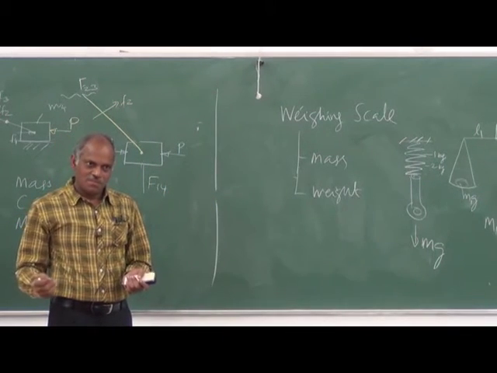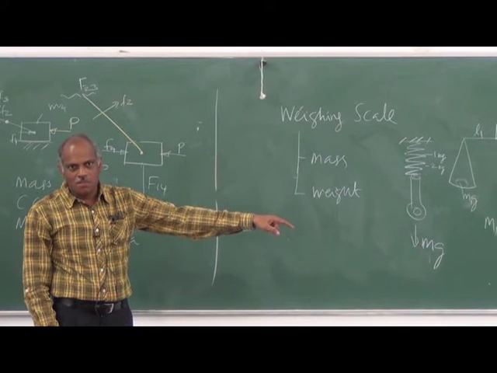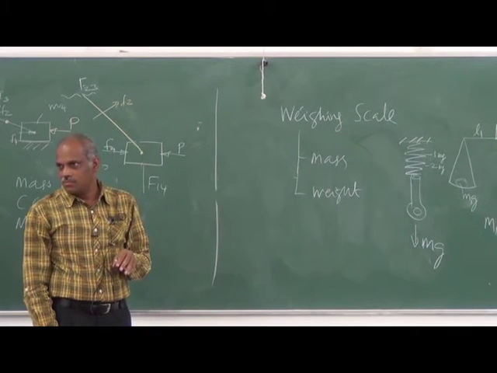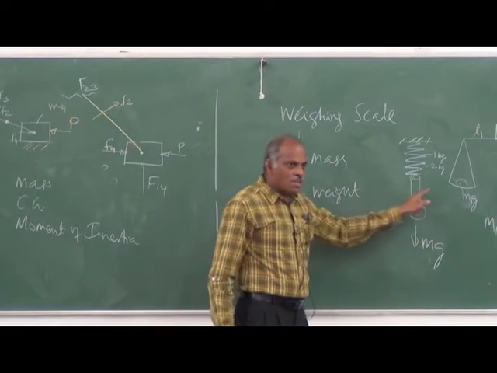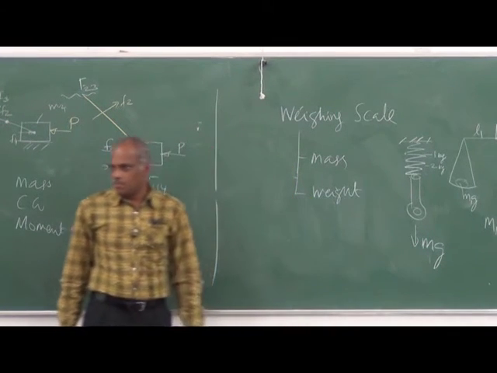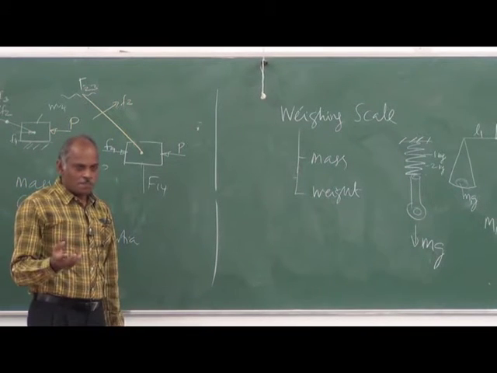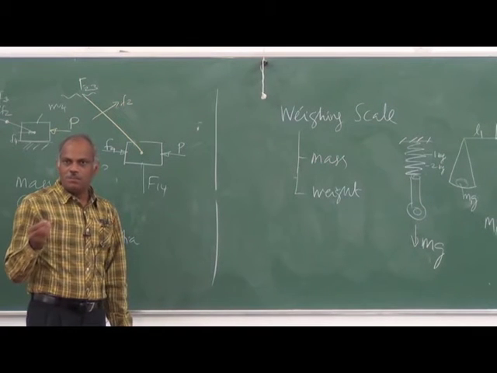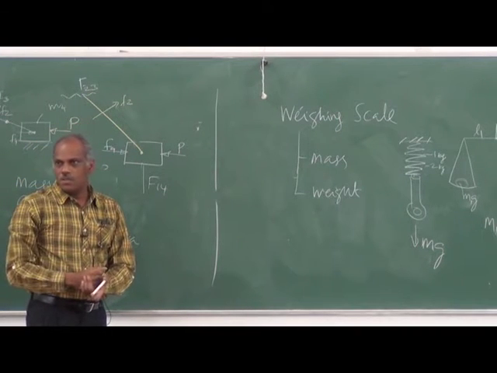Whether it is a spring balance or a pan balance, it will be capable of showing the mass. But caution: if you are using a spring balance in a different gravitational acceleration, you have to recalibrate it. Some of the sensitive devices, for example a pressure calibrator, use some weights and that applies a force.